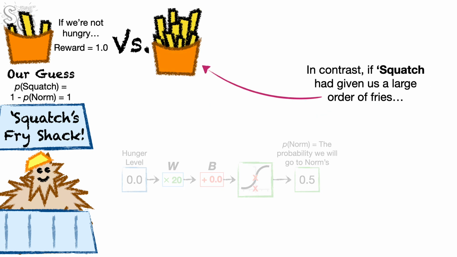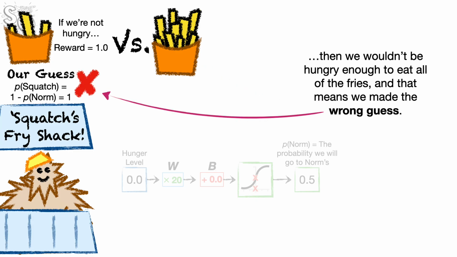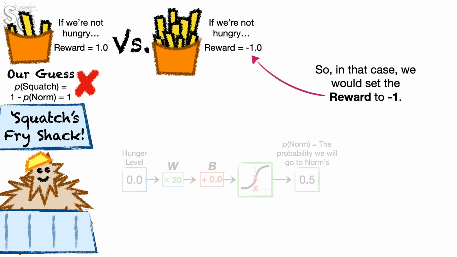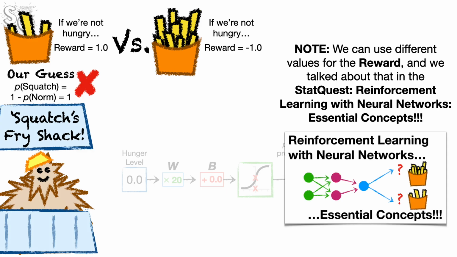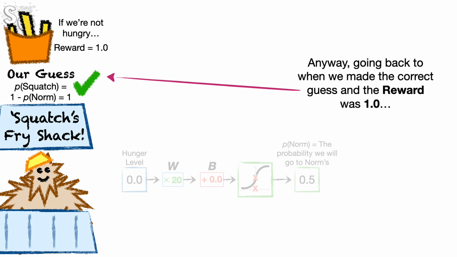In contrast, if Squatch had given us a large order of fries, then we wouldn't be hungry enough to eat all of the fries, and that means we made the wrong guess. So, in that case, we would set the reward to -1. Note, we can use different values for the reward, and we talked about that in the StatQuest Reinforcement Learning with Neural Networks Essential Concepts. Anyway, going back to when we made the correct guess and the reward was 1.0,